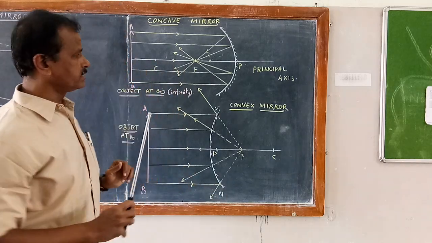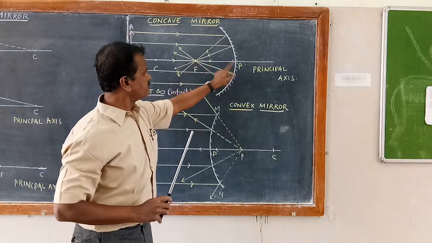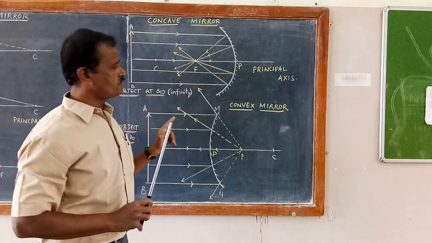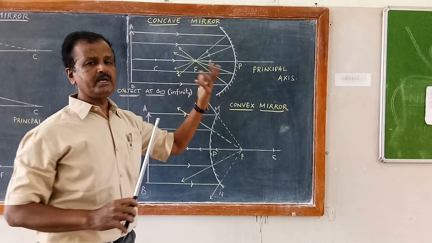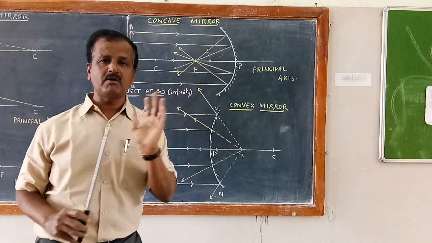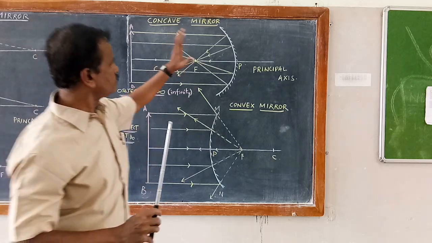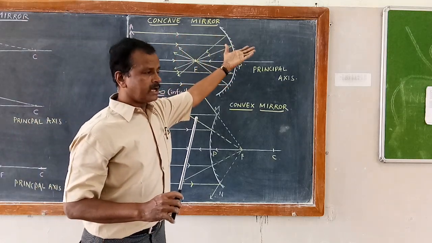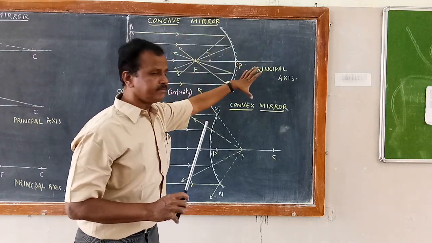Only for one particular case, if the object is between pole and focus, the image is going to be on the other side, and that image cannot be obtained on the screen. So that is going to form an erect image, enlarged image,